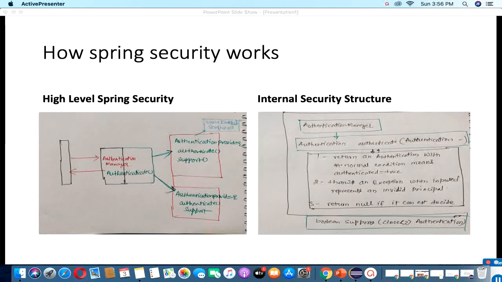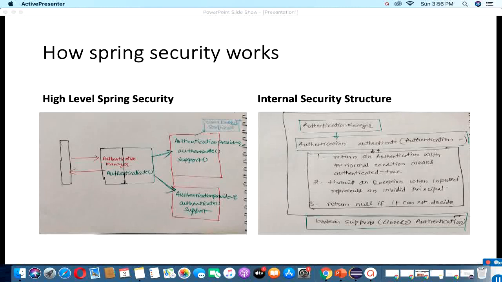Second, it throws an exception when the input is invalid. And third, it returns null if it cannot decide what kind of input information it is.